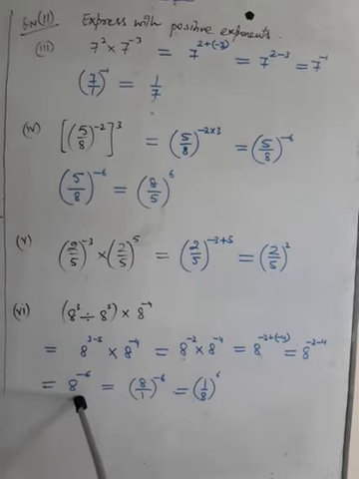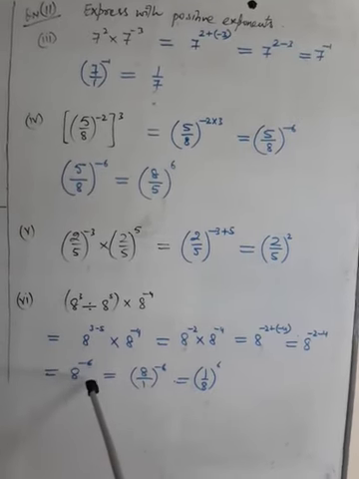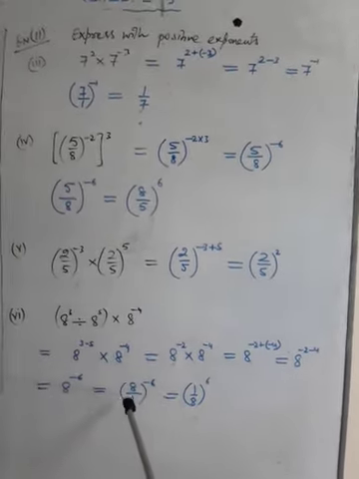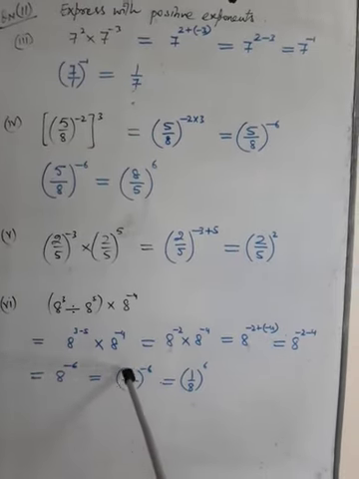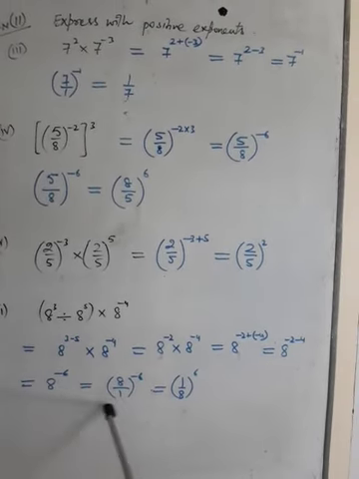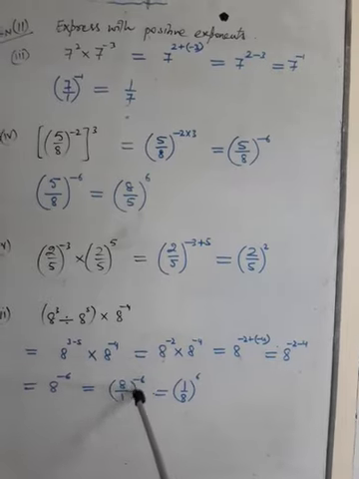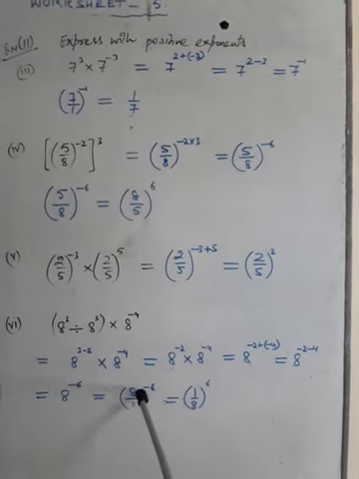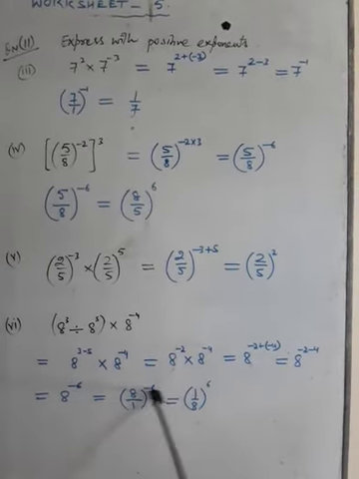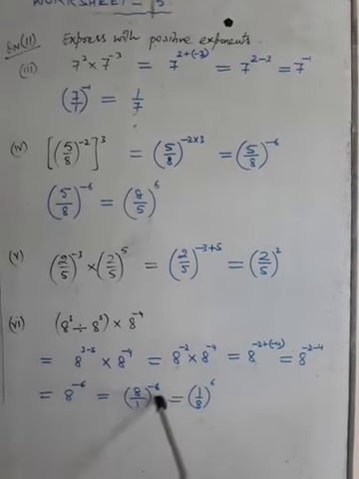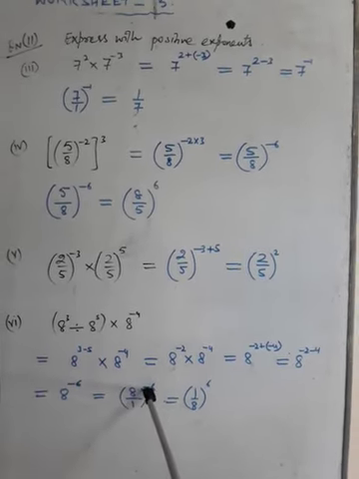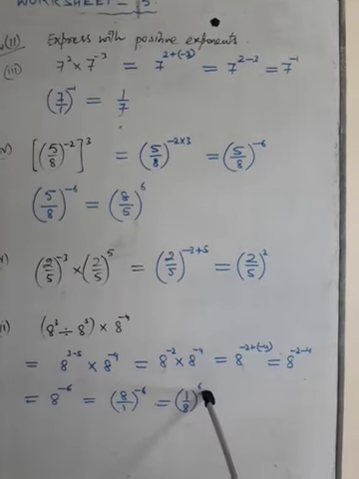Now here it is with a negative exponent. This negative exponent can be changed into a positive exponent by taking its reciprocal. So to complete this I wrote a over 1, (a over 1) to the power minus 6. In order to change it to a positive exponent, we take the reciprocal of a over 1. What does it become? 1 over a. Negative exponent got changed into positive exponent.